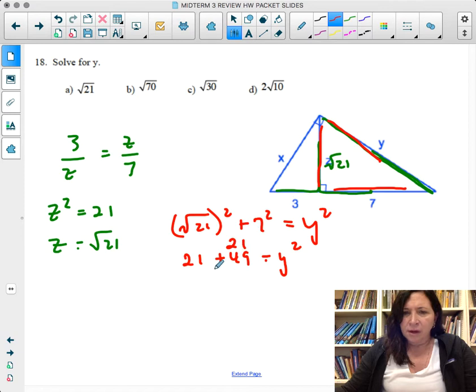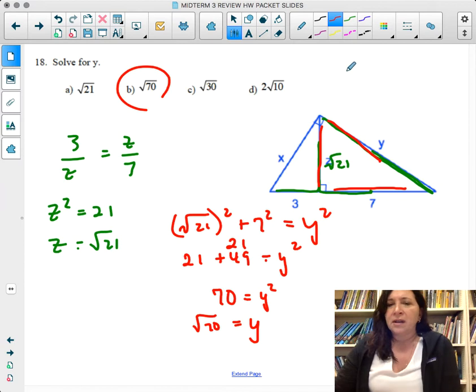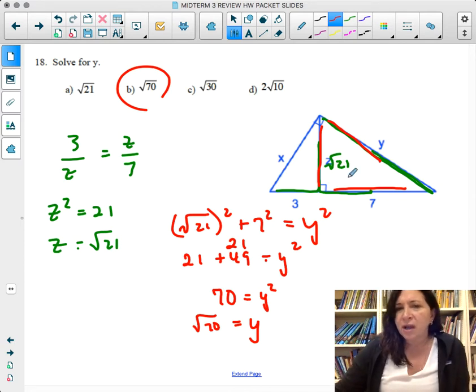21 and 49, what is that, 70? So 70 is equal to y squared. So y is equal to the square root of 70. Now, that's just one way to do it. Another way of solving this was to just use hypotenuse leg,